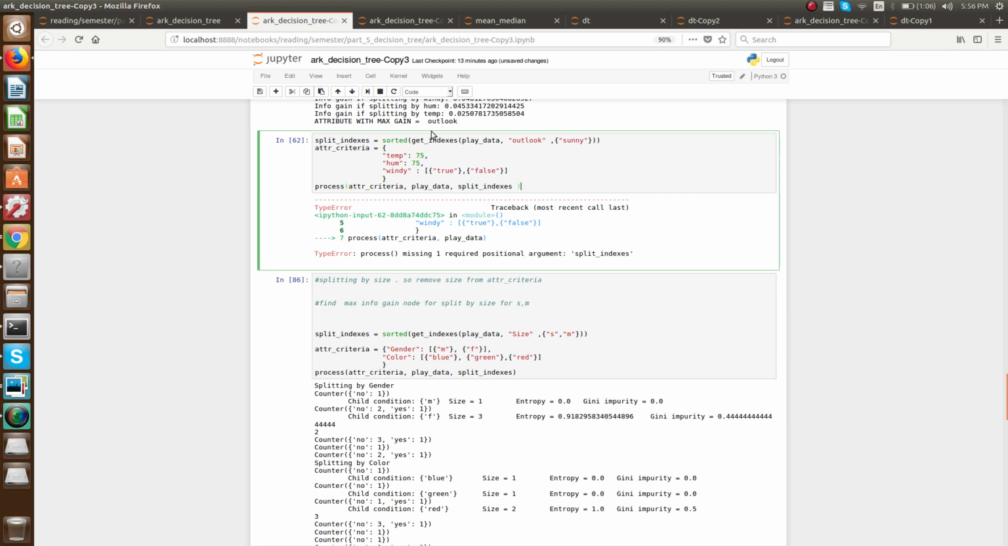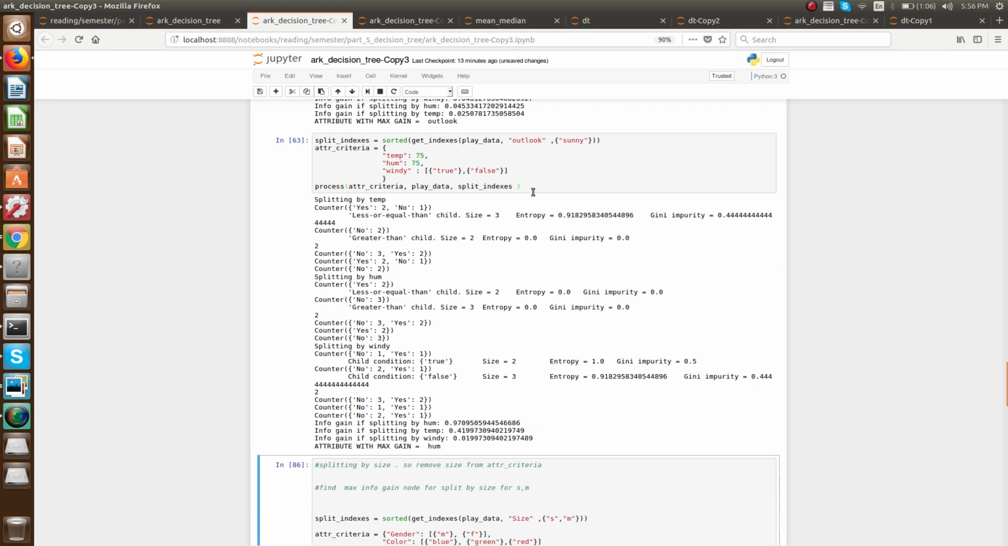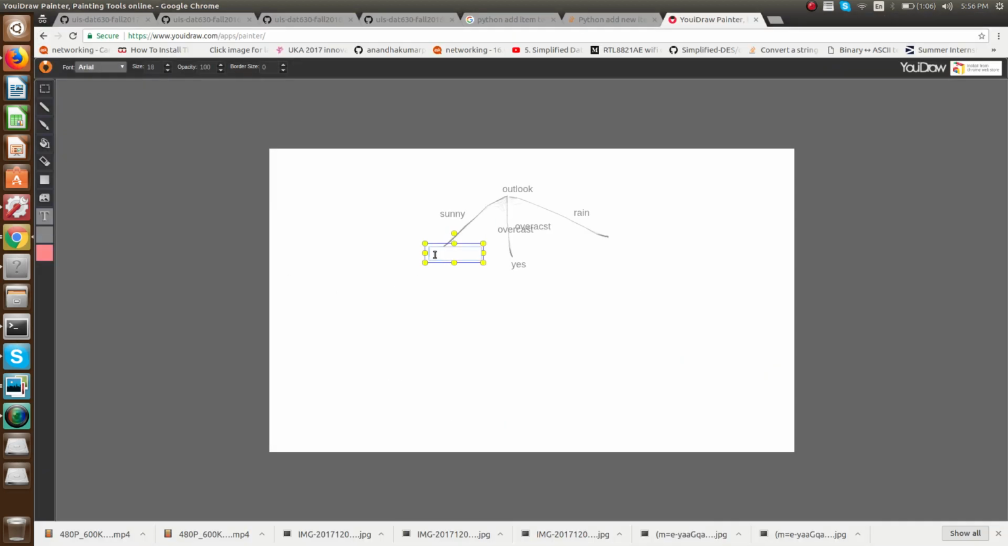This is taking some time, right? So next time I'll do it. So you are getting the next attribute with maximum gain as humidity. So write humidity over here,